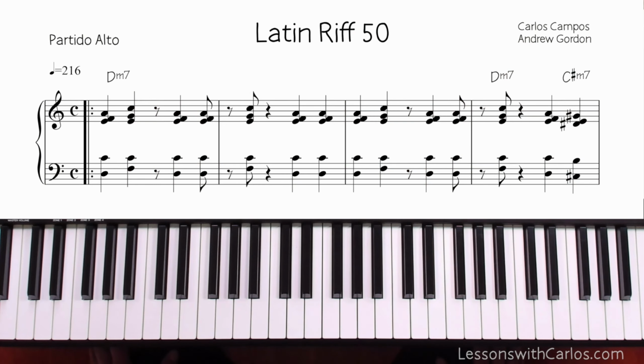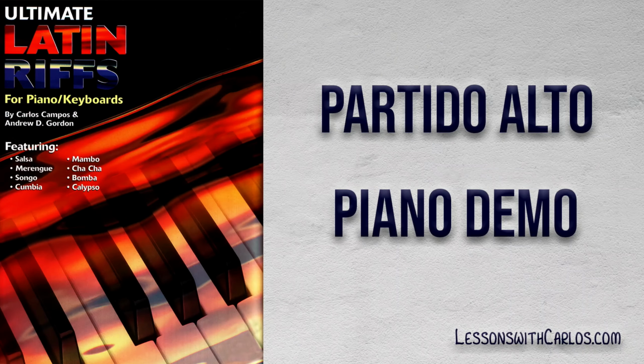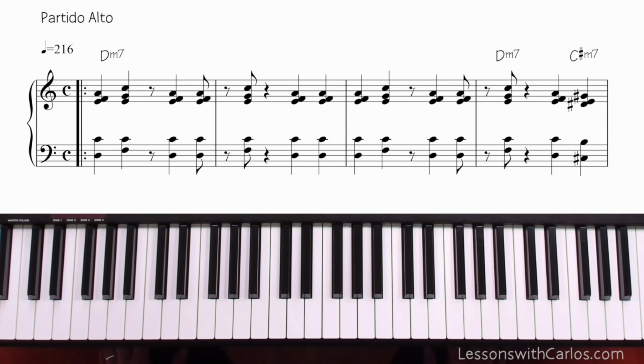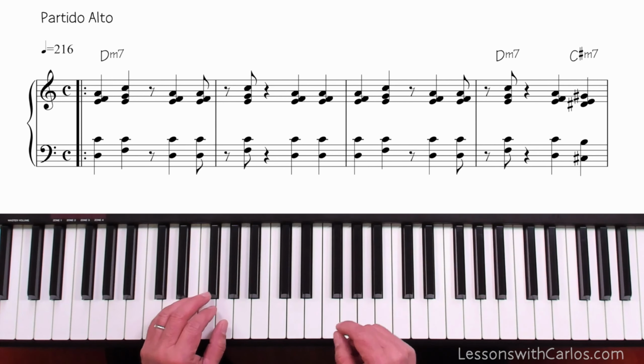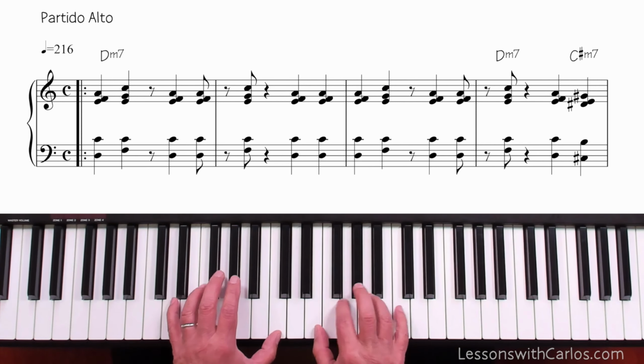Let's practice the first section in a slower tempo. Let's start playing in a slower tempo. 1, 2, 3, and...